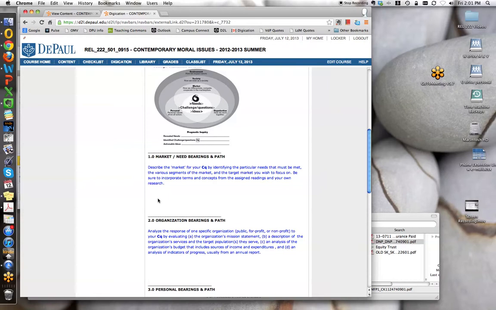So what are the different segments of the market? One way to do this, as I said before, is regionally. You may want to even focus on the core challenge in Chicago or a neighborhood of Chicago. So if you're talking about food deserts, I don't know, North Lawndale or something like that, that will give you a better sense of both the breadth and scope of this problem, but also it will give you insight into particular solutions.